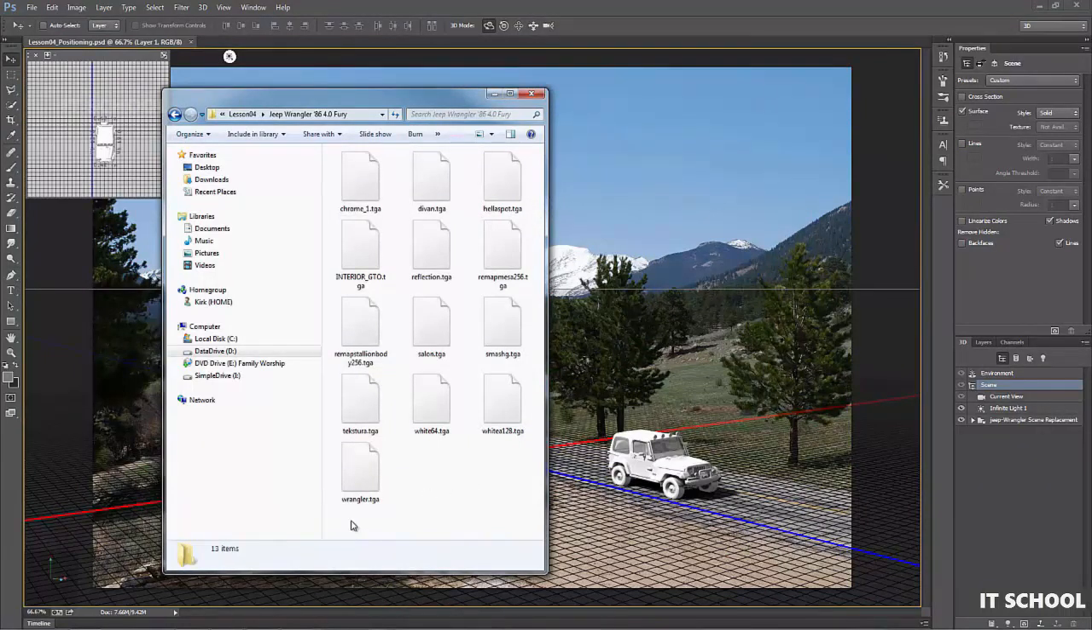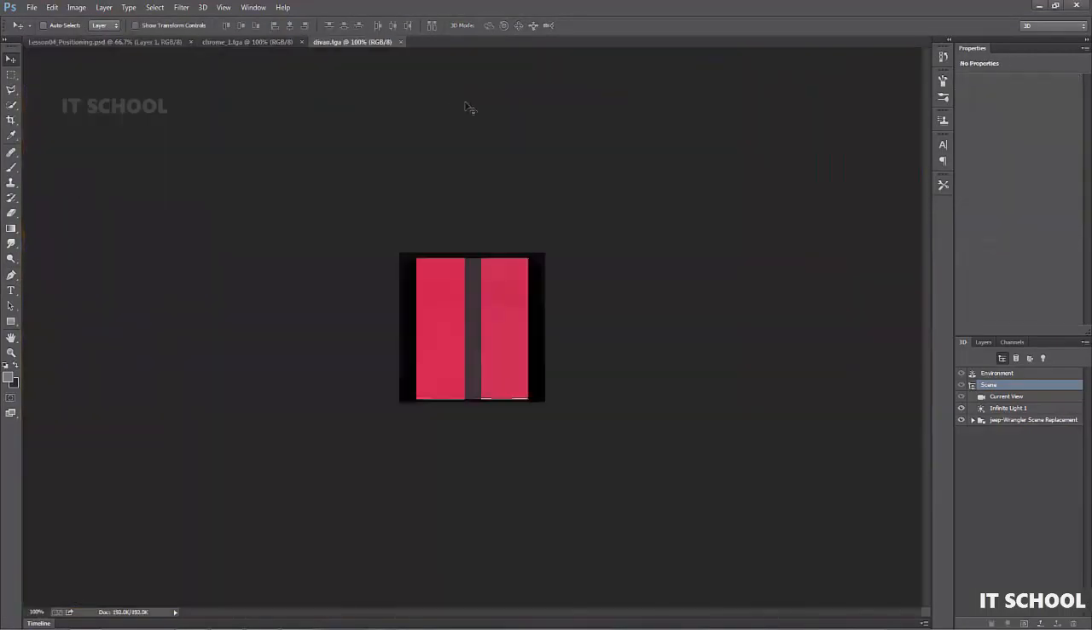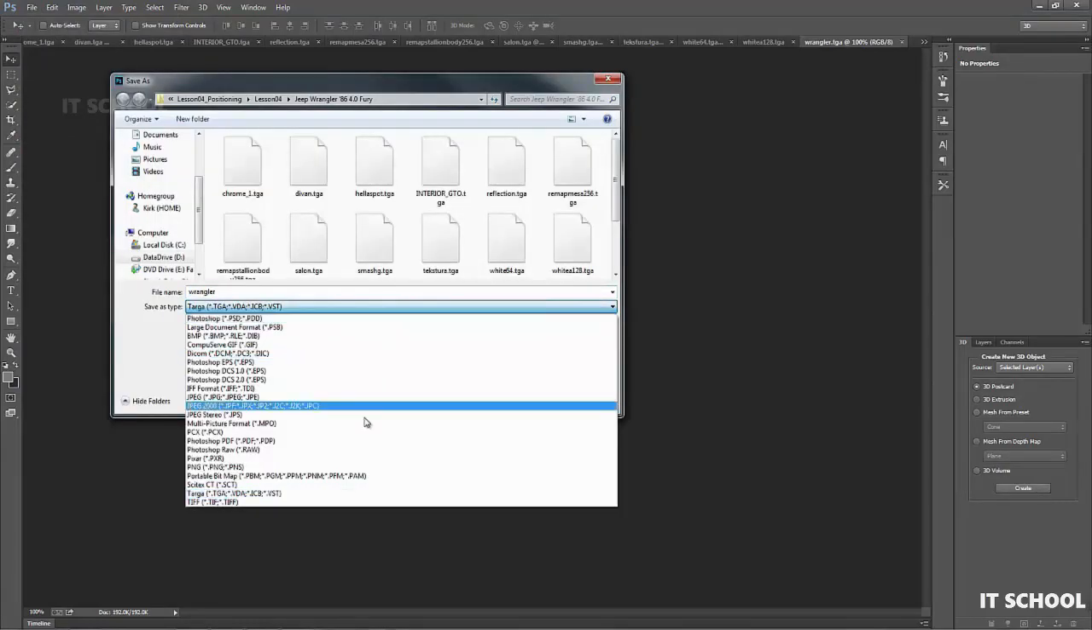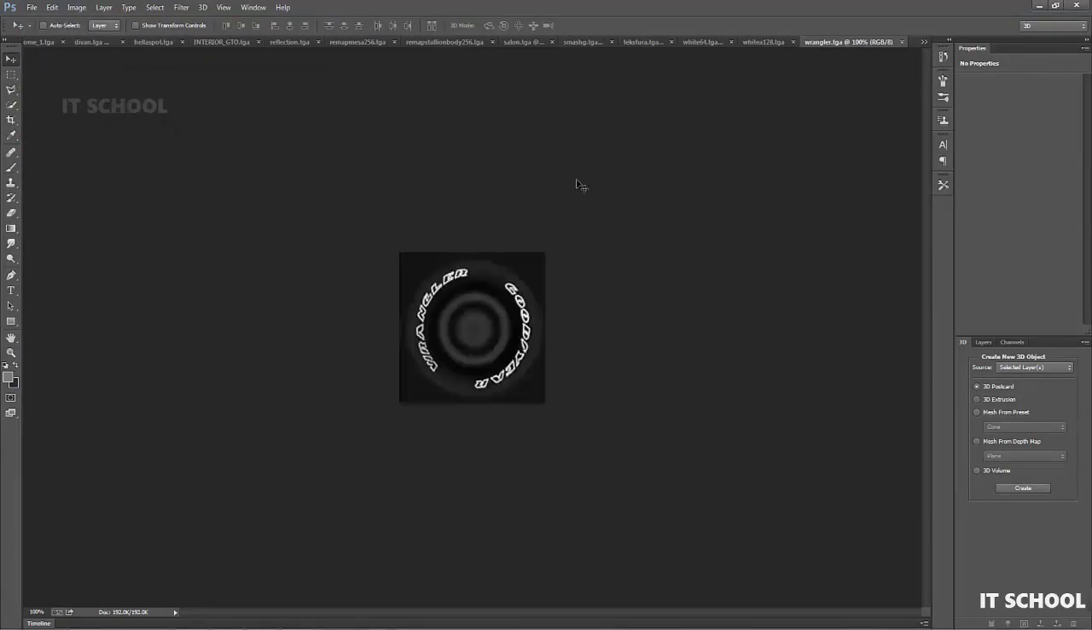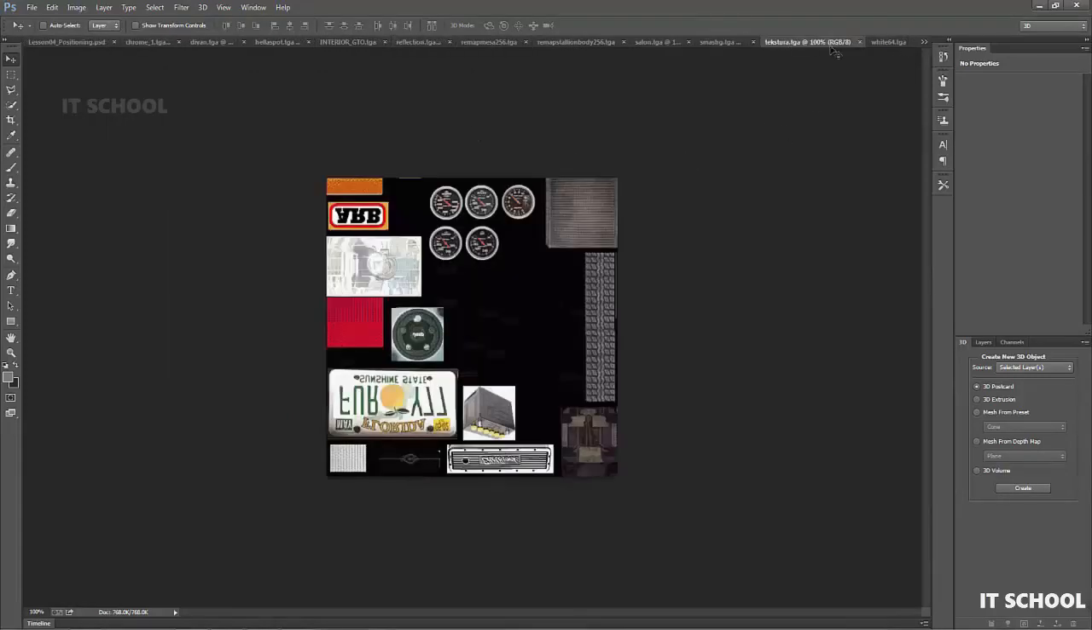Now while Photoshop can read a Targa file without any problem, it doesn't seem to like mapping Targa textures onto the 3D models. So let's take all of these and open them up and change them all to JPEGs. So we'll go through each one individually and simply say File, Save As, and save it as a JPEG. Now you may be wondering what some of these look like. Clearly this is the side of the Jeep's tire, but some of the other ones aren't quite as obvious. For example, this